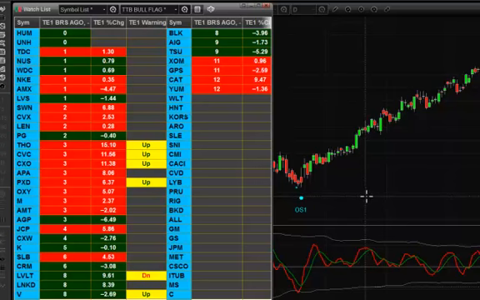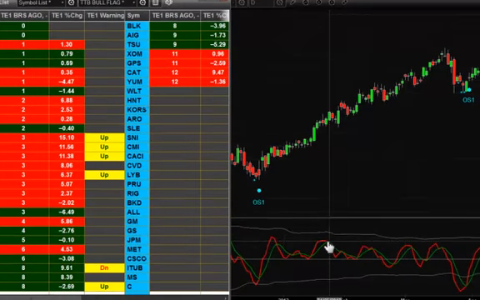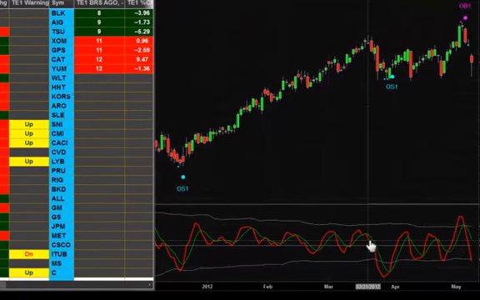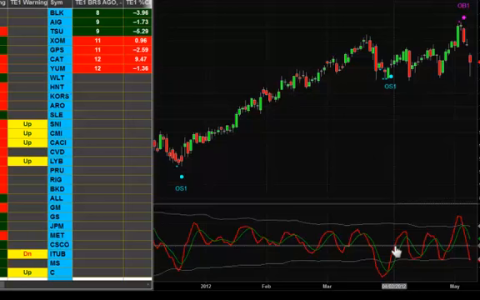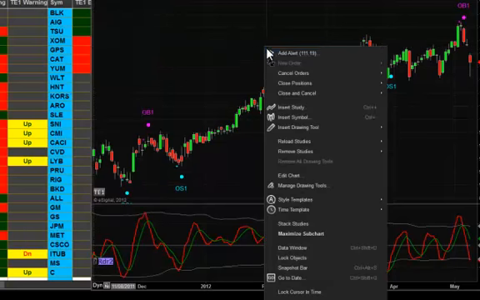Now, one of the other cool ways that we use this tool is the way that we use Radar 2 in general. And that is not only to find trading opportunities like these overbought, oversold signals, but once you're in a trade, I generally use the Radar 2 as my timing indicator to get me in or out of the trade. And so you can adjust the settings